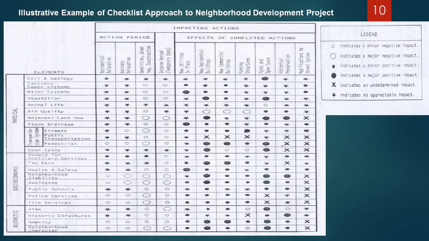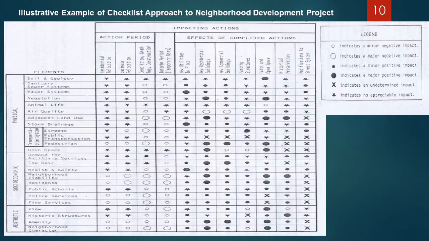And the impacting actions include the action period, like the residential relocation, business relocation, and the grading and construction, and the interim period, which is temporary use, and the effects of completed action are the new utility in place, new residential buildings, and new commercial buildings, and parking structures,